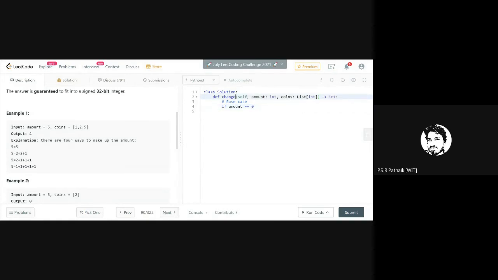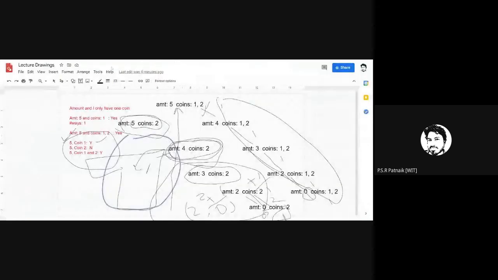Somewhere you have called this function multiple times while passing this, and you have encountered this case, where you have passed amount as 0 and coins 0, 1 and 2. It means that the call which has resulted in this has just successfully completed.